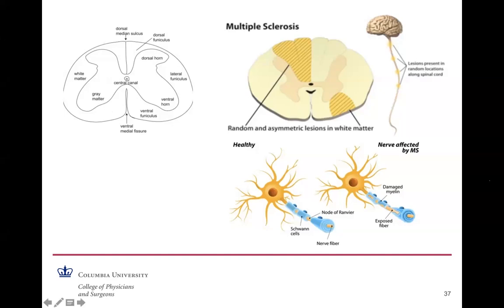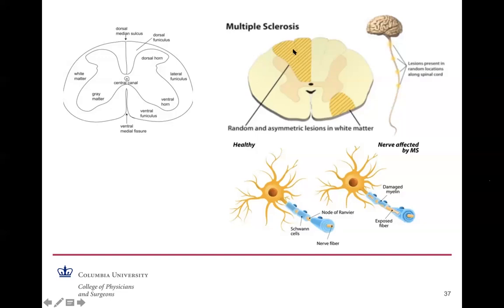And just to show that there are diseases that can occur in the spinal cord, very important disease. I've talked about transection of the spinal cord, where you have a total spinal cord injury, and how you can be quadriplegic if it's high up in the cervical cord, or paraplegic if it's lower down. But there are other diseases that are selective for the white matter of the spinal cord. Multiple sclerosis is a disease of the white matter of the central nervous system, and it could be the white matter of the spinal cord as it's shown here,